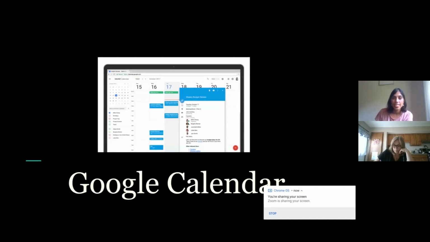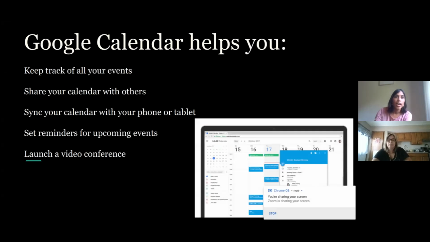Google Calendar is very convenient because it syncs very well with all of the things that we do at Quest Academy on Google Chrome. So Google Calendar helps you to keep track of all your events. You can share your calendar with others. You can sync your calendar with your phone or tablet, which is really why I love Google Calendar, because I